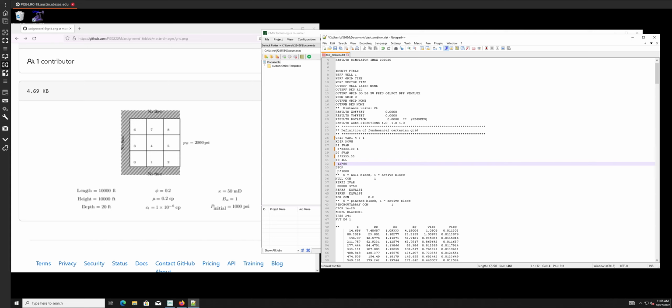so we're going to say all 12 grid blocks will have a depth of 20 feet in the K or the Z direction there. Again, the top, we need to modify that. Now we have 12 total grid blocks, so we'll put that there. For the permeability,